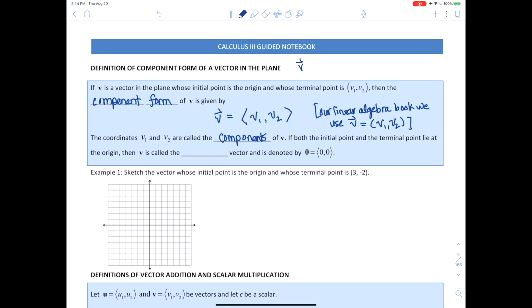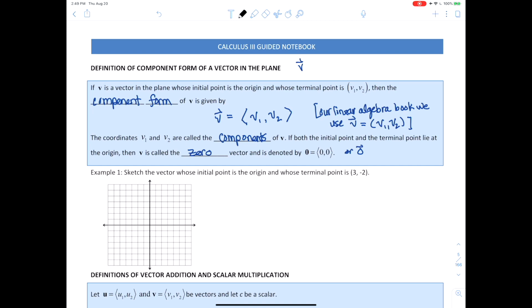And if both the initial point and the terminal point lie at the origin, then v is called the zero vector, and it's denoted by that bold 0 or 0 with an arrow over it. Good so far? Now, one thing I'd like to make note of before we go on to our first example,